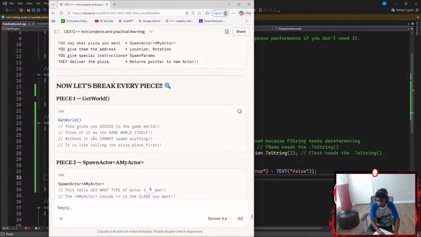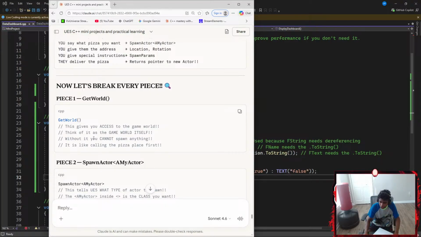And think of it as your game world itself. Without it, you cannot spawn anything.